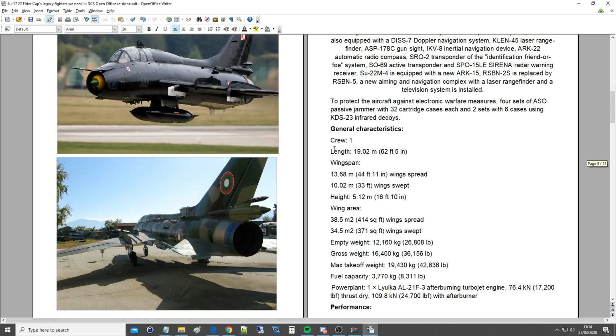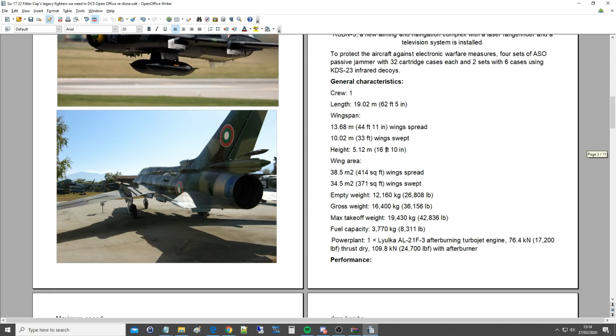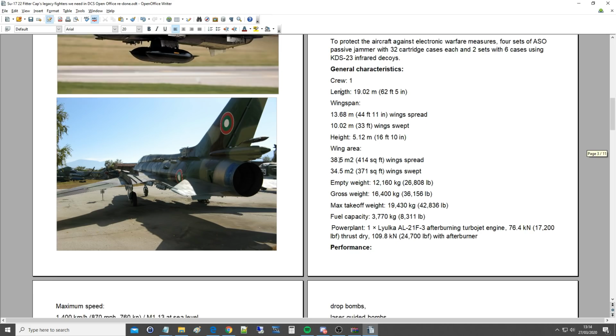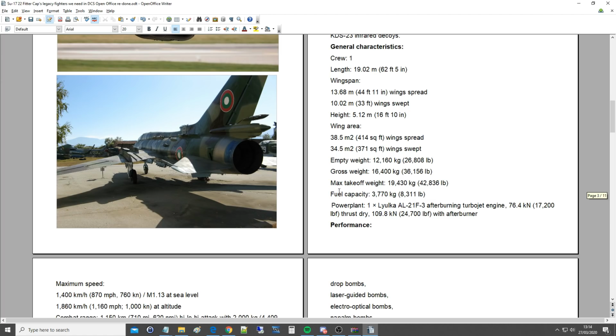General characteristics: Cruise 1. The length is 62.5 feet. The wingspan is 44, nearly 45 feet or 33 feet. Height 16 feet 10 inches. Wing area 404 or 371 square feet. Empty weight just over 12 metric tons. Gross weight 16.5 metric tons. Max takeoff weight 19.5 metric tons. Fuel capacity